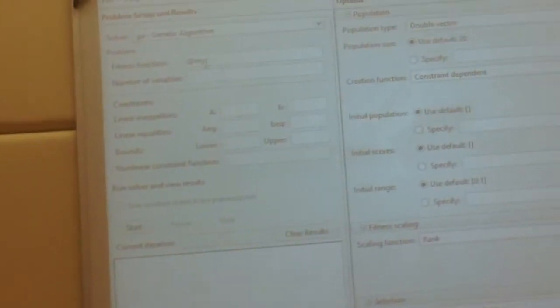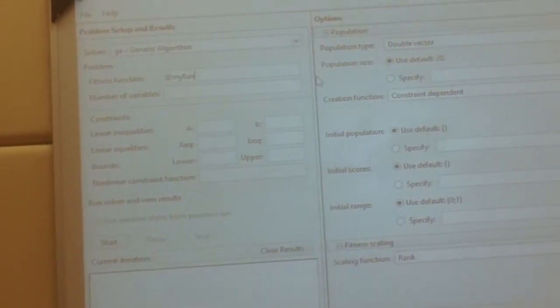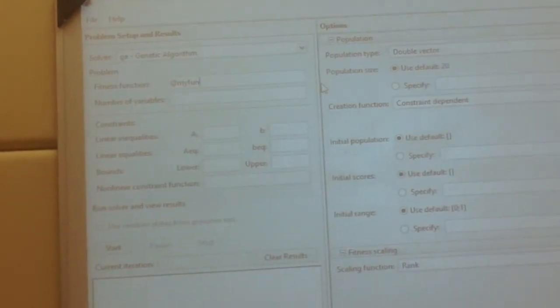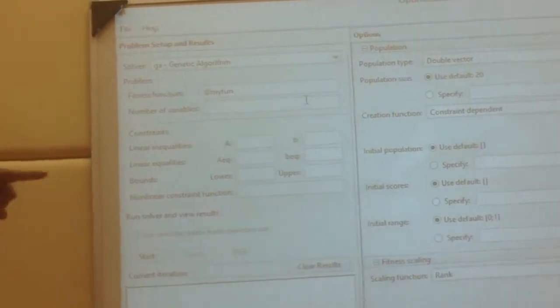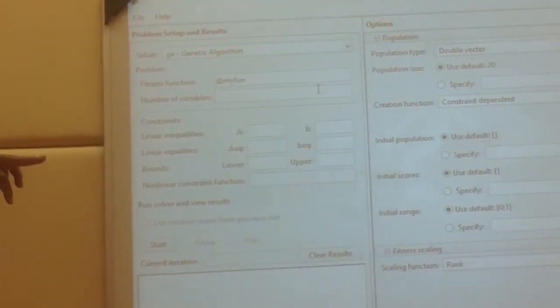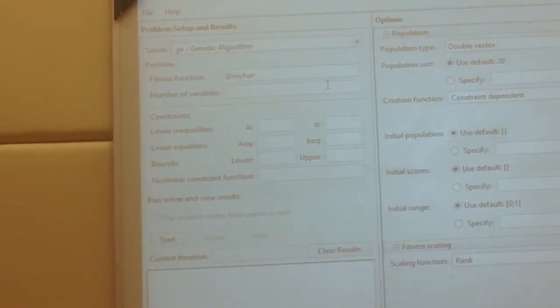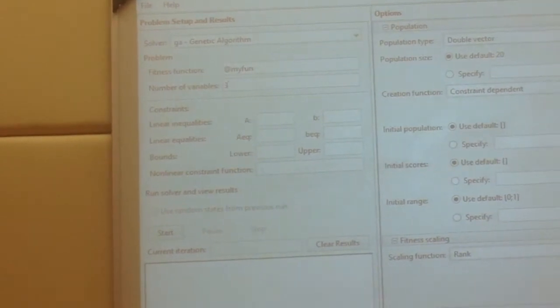Okay. Now, let us say you wrote a function and the function file name is my function. So you just write it here, like the at symbol and your function name, whatever it is. Then the number of variables, we'll continue with that. In that case, we have 3 variables, x1, x2, x3.